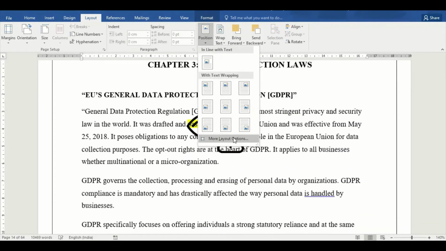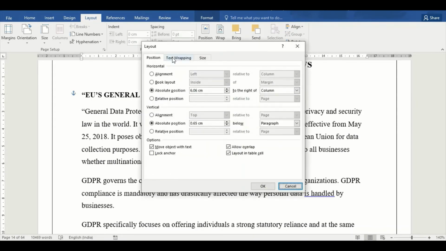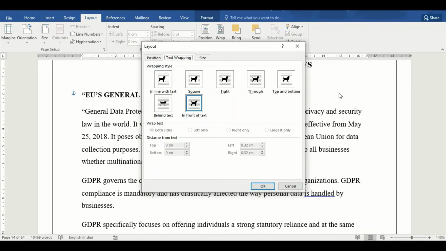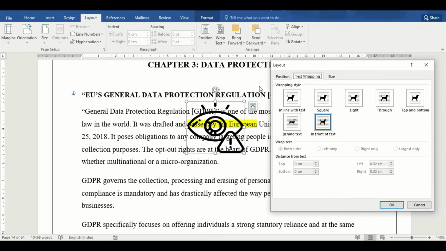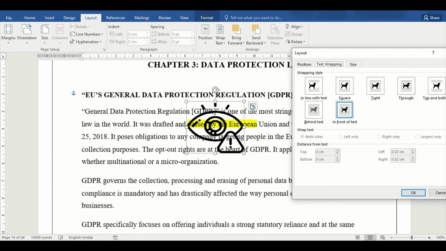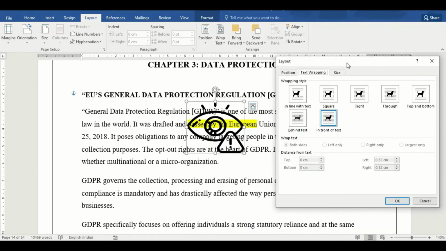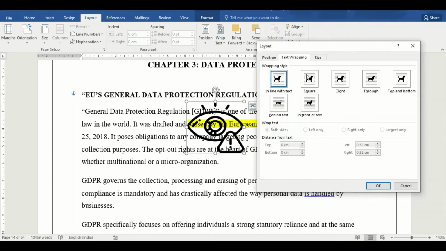So you can select either of these images, or you can click on this more layouts options and go to the text wrapping portion, where again you get a thing similar to this, like the image over here. My layout options over here when I was clicking on this box, the same are shown to me over here. The only difference being that it was shown to me with a semicircle here, and now I have a dog to indicate the same. And maybe see a bigger representation of how your image will be looking with the text, and then make a choice of the option that you want.